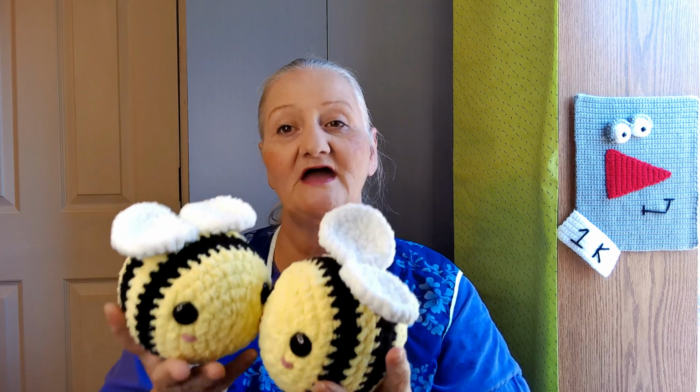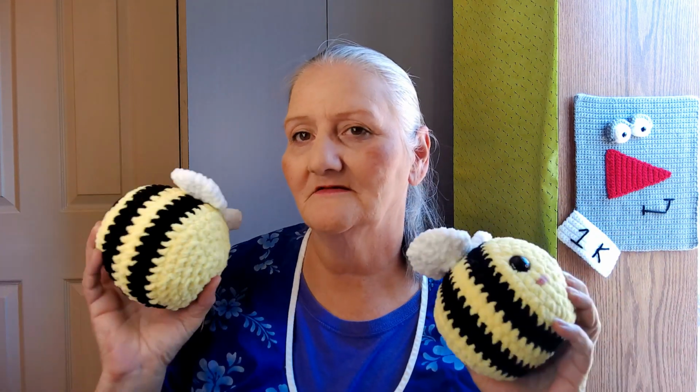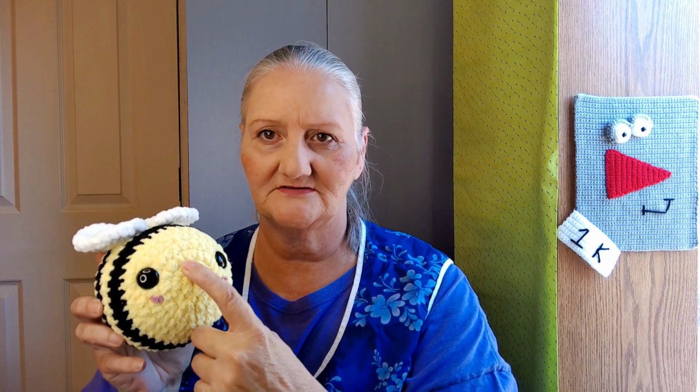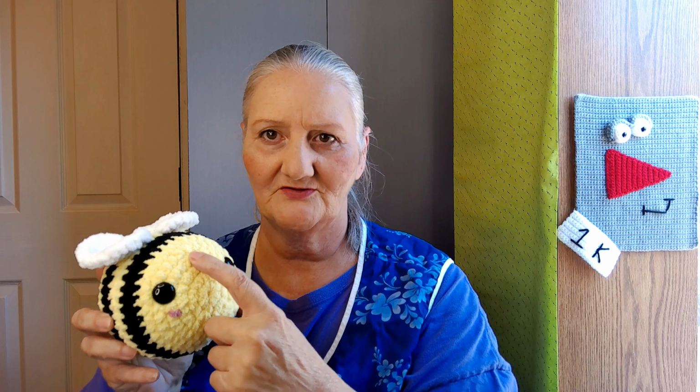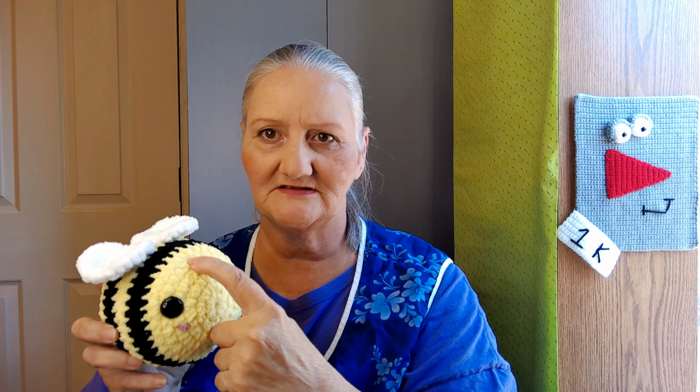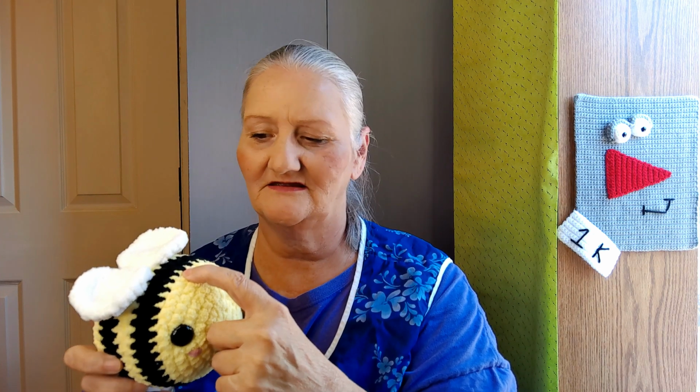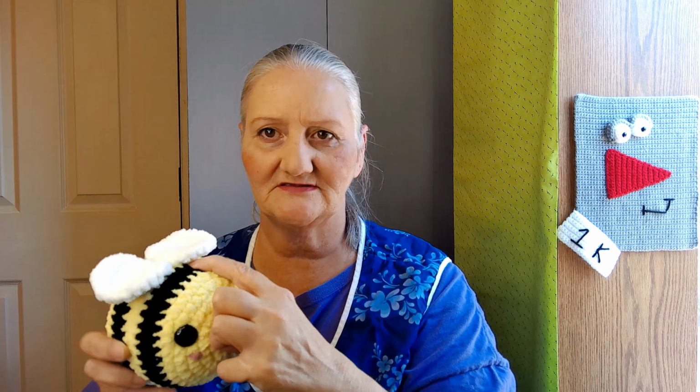And I'm going to tell you this pattern. If you want a pen and piece of paper, go get it, because I'm going to tell you this pattern real quick. This is 8, 16, 24, 30, 36, 36, change color, black, 2 rows 36, change color, yellow, 2 rows 36, change color, black, 2 rows 36,